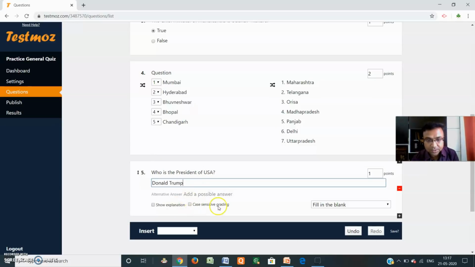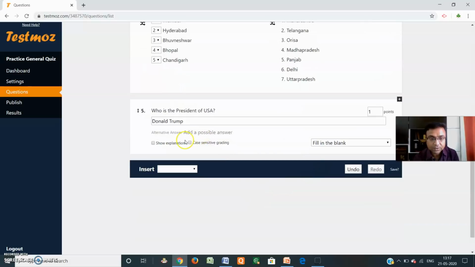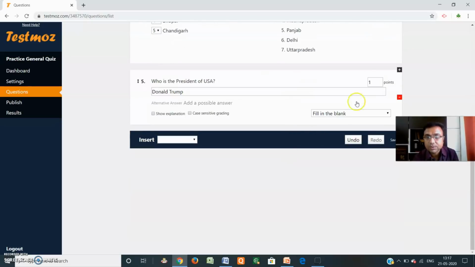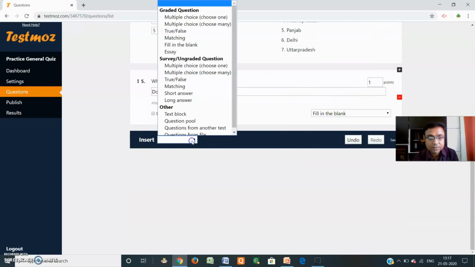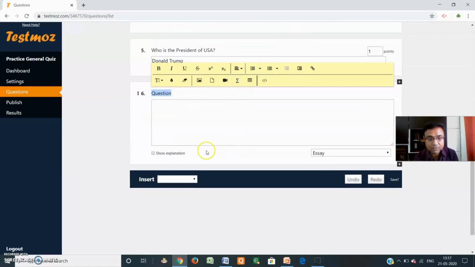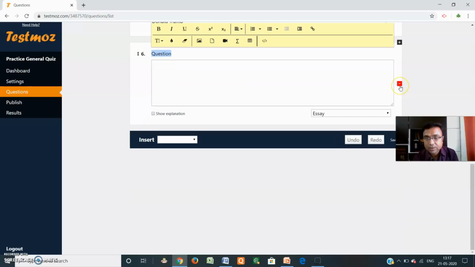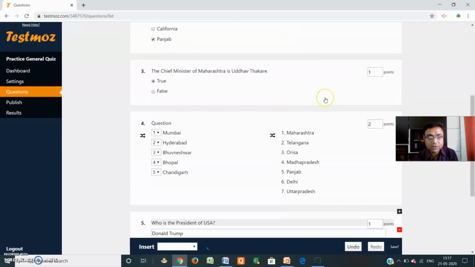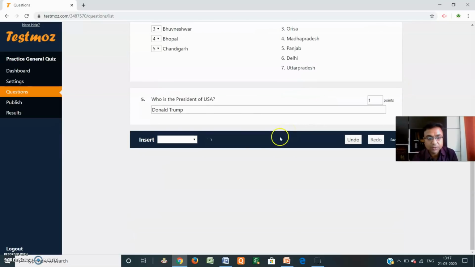Alternative, show explanation, case sensitive. So don't give the right here, case sensitive. Fill in the blanks type. So if you want to use the case sensitive word, click here. Otherwise, as it is. The next type is essay writing, but you can also give essay writing, but in a quiz it is not possible because you have to assess it in the form of a quiz. So these are the 5 different types of patterns we prepared here.